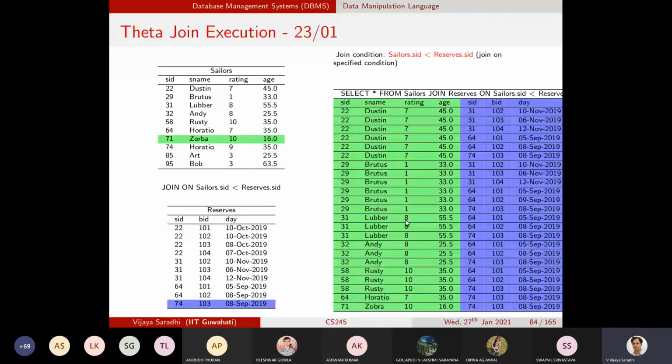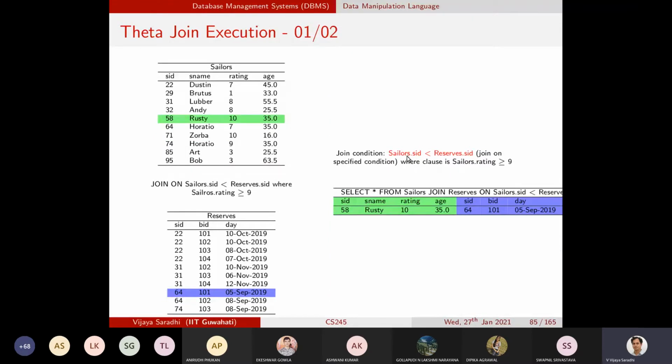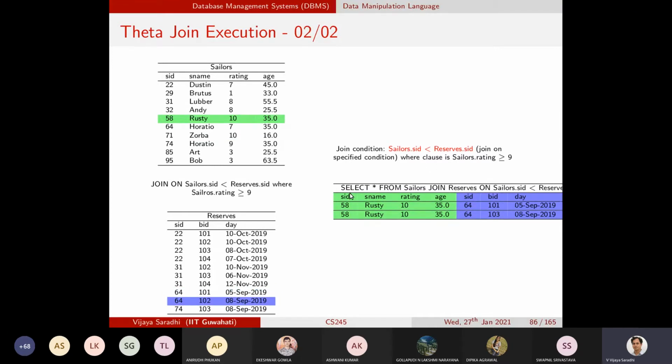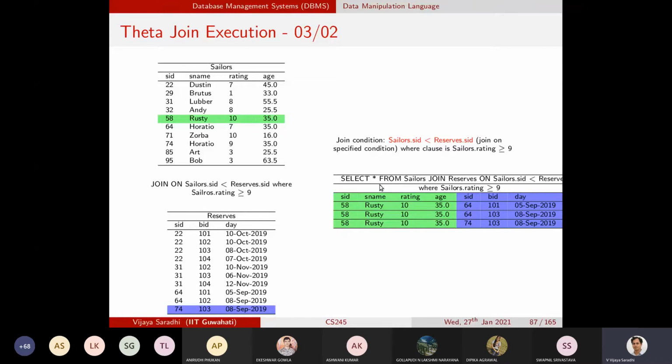In the particular theta join itself, these records will be satisfied, which means that these particular records will be filtered out. And how you can specify that is that the join condition is this one, and the filter condition is using the where clause. So here is the condition: select all the columns from sailors join reserves on the specified condition, and here is the filter condition, where rating is greater than or equal to 9.